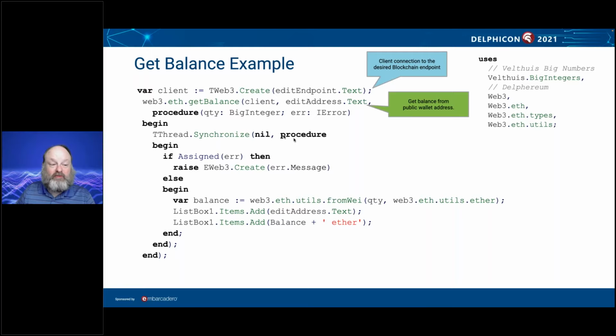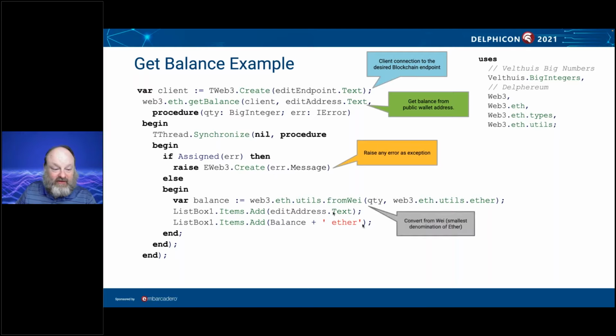We're using anonymous methods to do this asynchronously. The first thing we'll do is check to see if you got an error. If you did get an error, in this case, we're raising an exception. If you didn't, then the quantity that came back is in WEI, W-E-I. So in Bitcoin, Satoshi is the smallest unit of measure of the transaction. In Ethereum, the smallest unit of measure is a WEI. And so we're converting from WEI to Ether in this case,